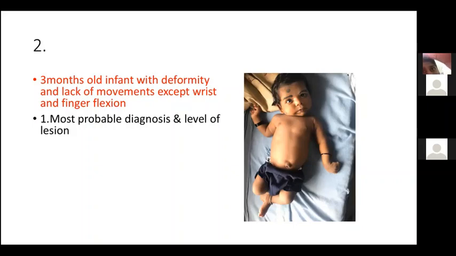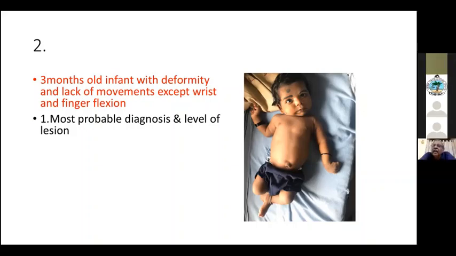Which are the roots that are affected? See, the child is having internal rotation, extension of the elbow, flexion of the wrist. Erb's palsy, C5, C6. Yeah, it can be C5, C6, but you cannot distinguish between C5, 6 and C5, 6, 7 or an extended one, because you need to look for triceps, but we cannot look at the triceps in a photograph. So most commonly it is C5, 6 or C5, 6, 7.